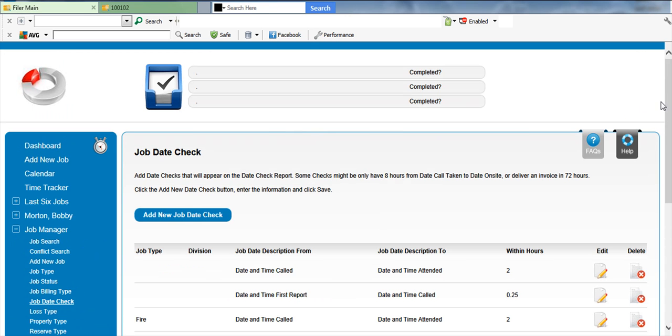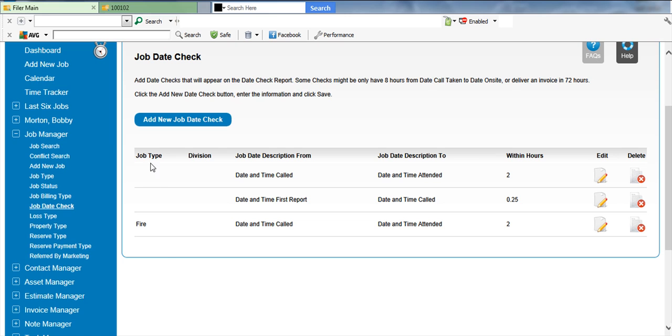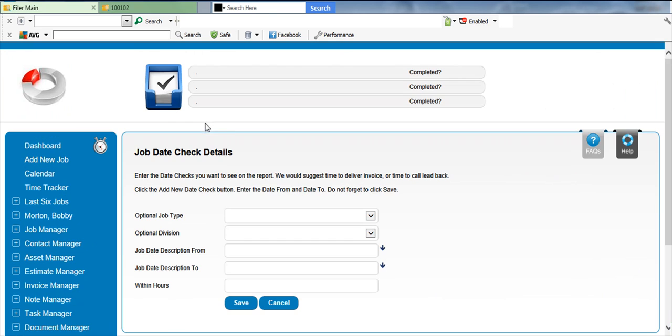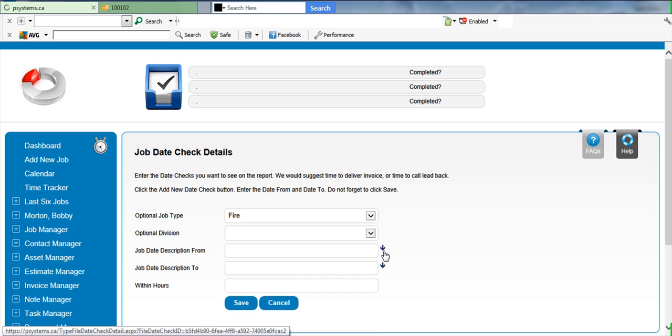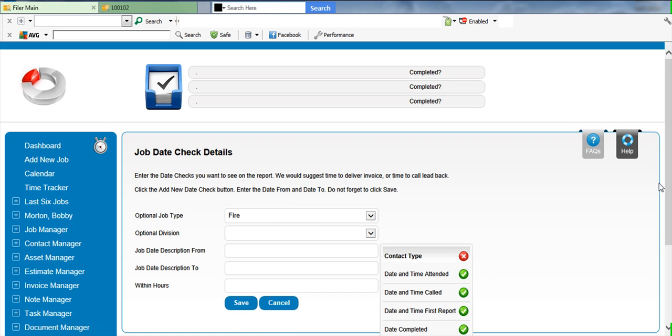So I'm building up a job date check. In this case fire, on all the fire jobs, that's going to show in the screen we had earlier, and it's going to track that the goal is 2 hours. If I wanted to add another job date track on a fire loss, so we've got called to attended, I could go to fire, and this is from the first time, date and called,